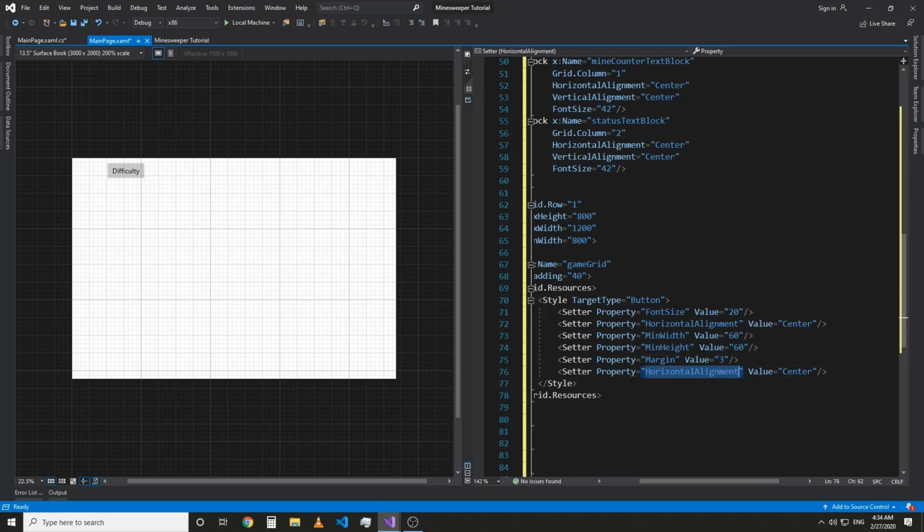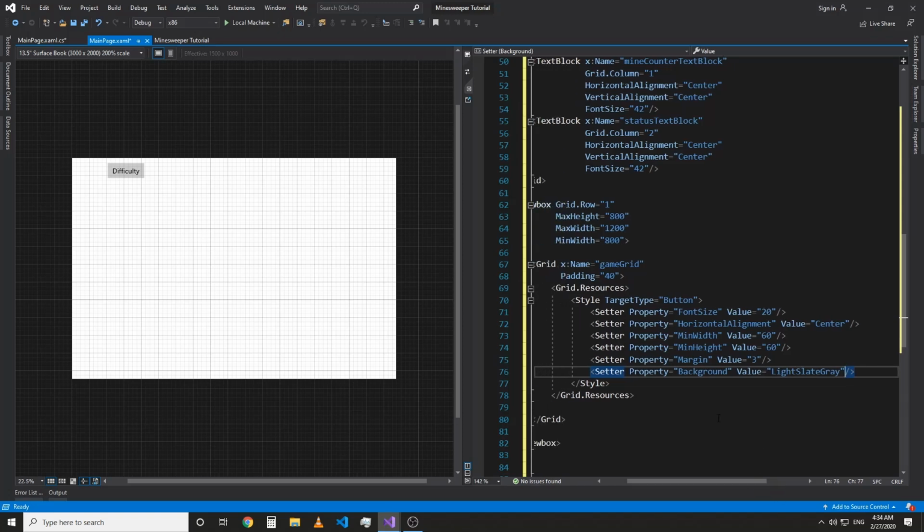So I can't really show you how this is gonna look. I could put a button on the screen, but I promise that this actually looks decent whenever you get to the further stages. So let's do light slate gray. This is the color I chose. I chose a very bold, or kind of just a normal dull color scheme,